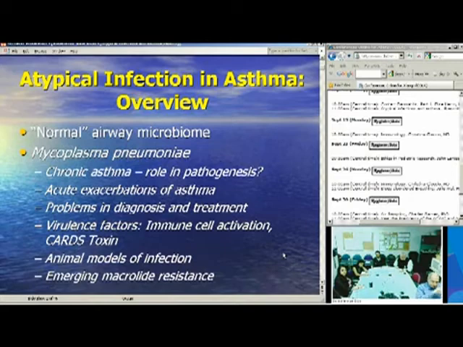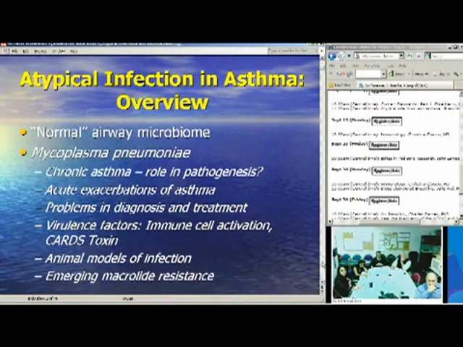exacerbations. They're clearly organisms that are designed for chronic or at least long-term infections, pretty much limited to humans. Legionella may be more of an acute infection, and although it can look rather similar, is a different type of organism. But I'm not going to really talk about either of those other two organisms. I don't really specialize in them. And as far as Chlamydophila pneumoniae, it could be viewed as rather similar, and studies have shown that it also seems to play a rather similar role in exacerbations of asthma and so